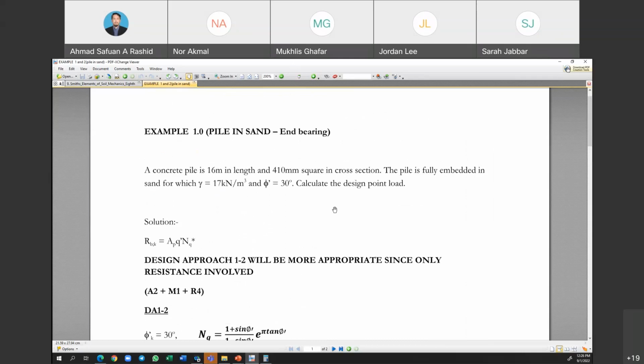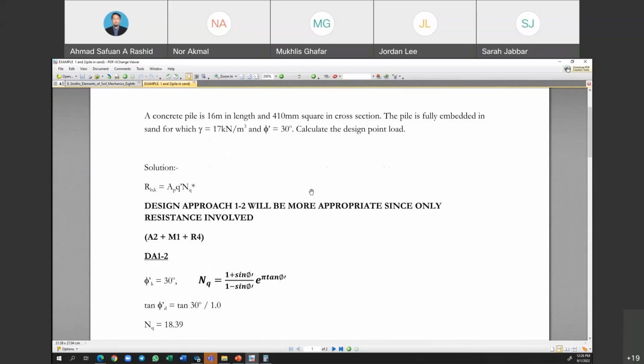So a concrete pile of 16 meter in length with 400 millimeter. Okay. So design approach combination 2 will be more appropriate since only resistance involved. Okay, so this is what has been